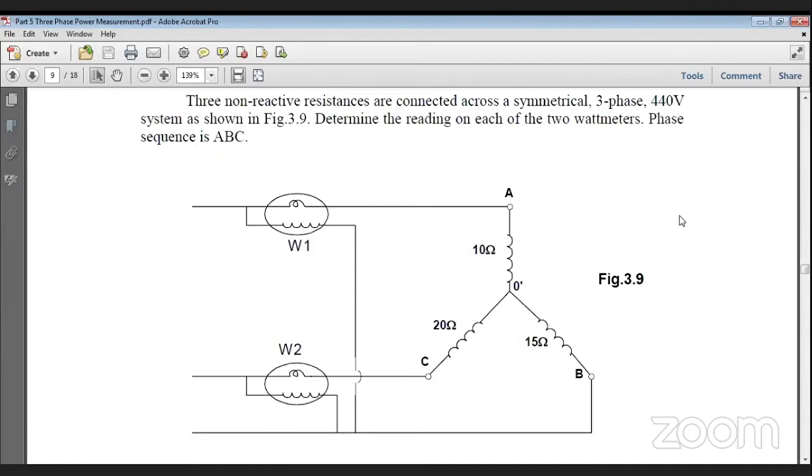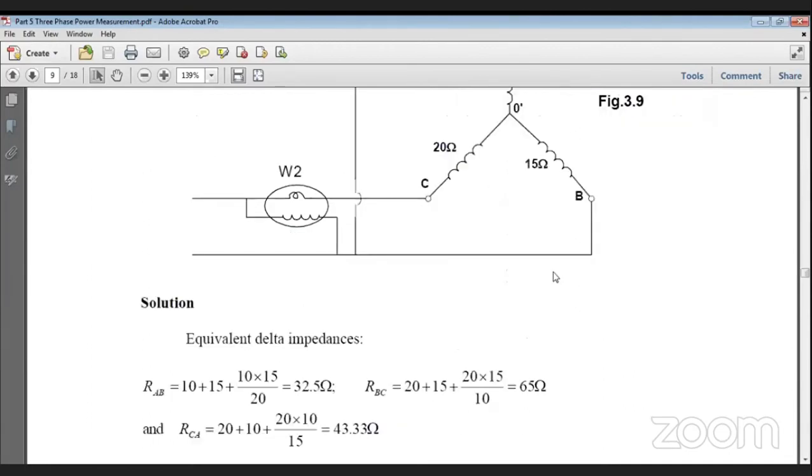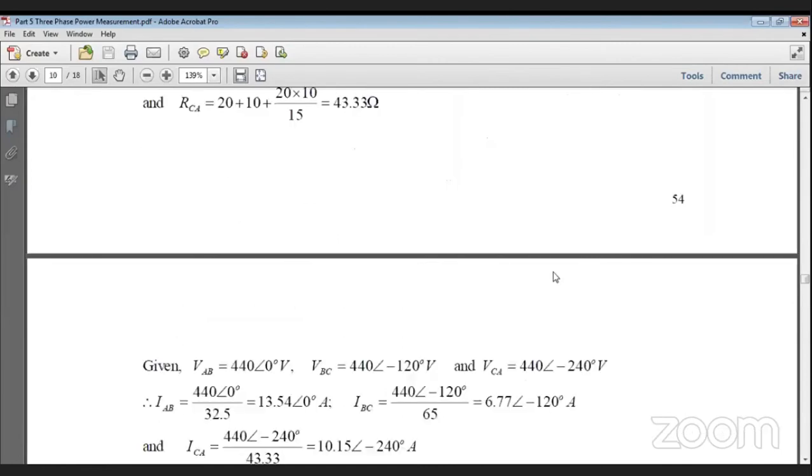Well, now here the solution is very simple. What you have to do is apply your knowledge of three-phase circuits. Find out the current in the three lines, which I have already explained in my last class, how you do it. So you do all these connections and calculations, and finally you find out the line current. So let me see what the line current is.